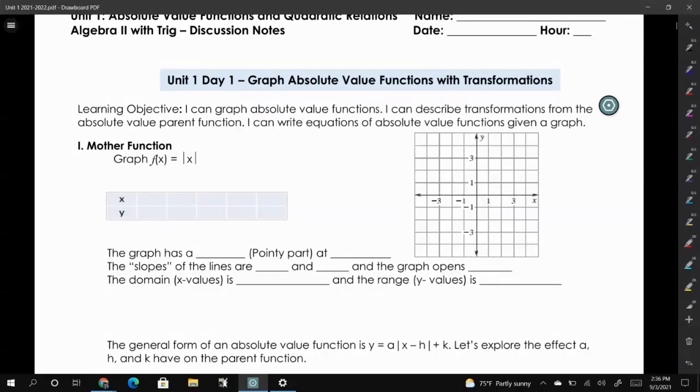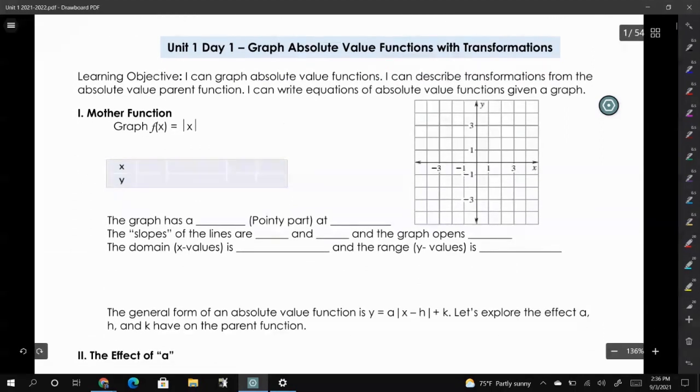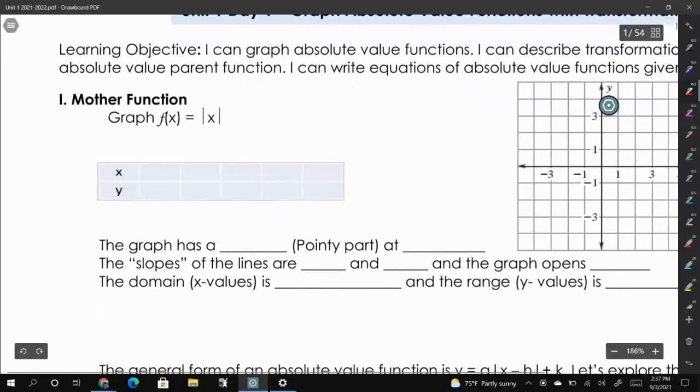The Unit 1 Day 1 notes has an activity that goes along with it. So what I'll do is I'll do this part up here, which is our introduction, and then you can do the activity and pause the video while I do the activity, unpause the video, and then we'll be at the summary section of it. So let's look at this function called an absolute value function,